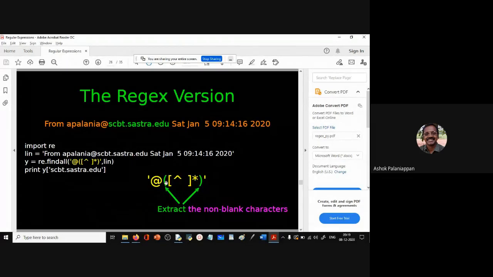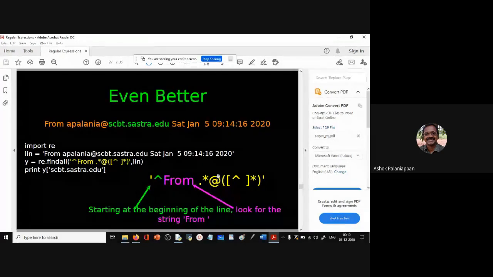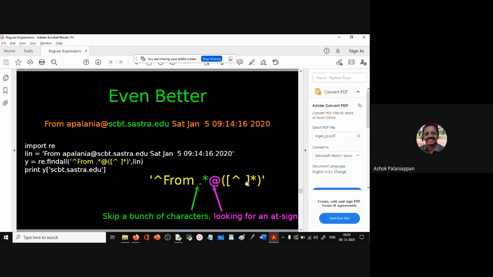All right. So now by putting a parenthesis, we say we extract whatever is there that matches the @ symbol, till it hits a white space. All right. So let's deconstruct this pattern again. The caret symbol means starting at the beginning of the line. And from means look for the string from. At the beginning of the line you should have a from. Then there's a space, and then you have a dot, any character, any number of times, followed by a @ symbol, and then we have a non-white space character one or more times, and this we are trying to extract using a parenthesis. All right, so this is going to work.